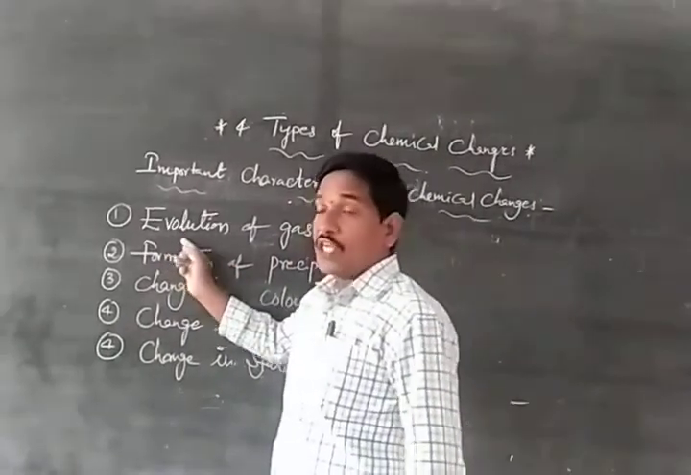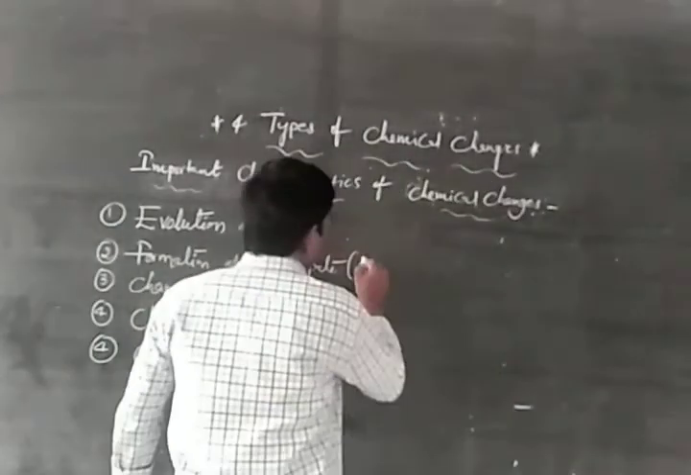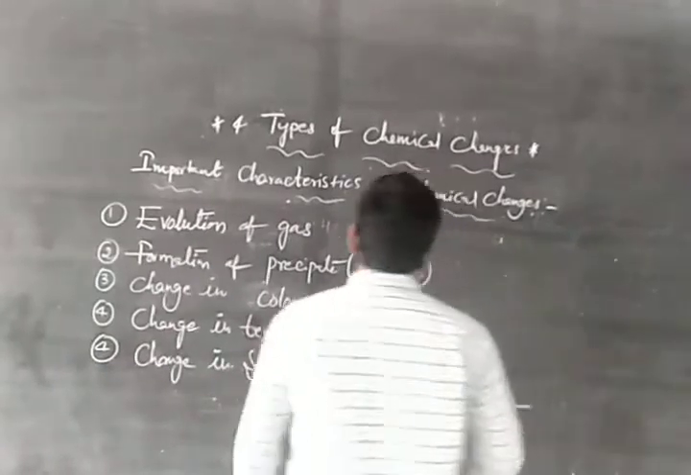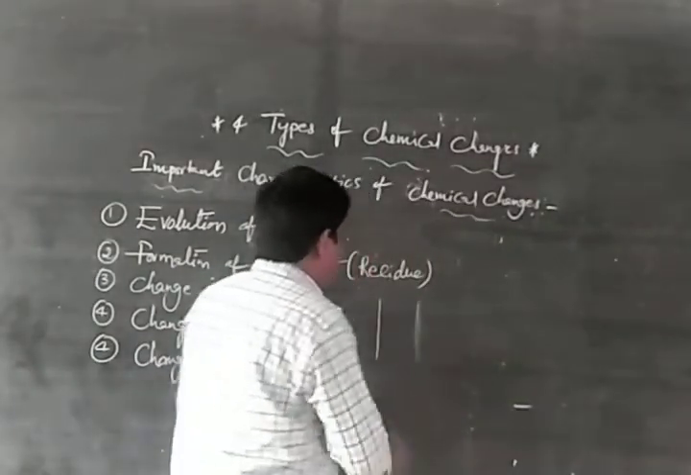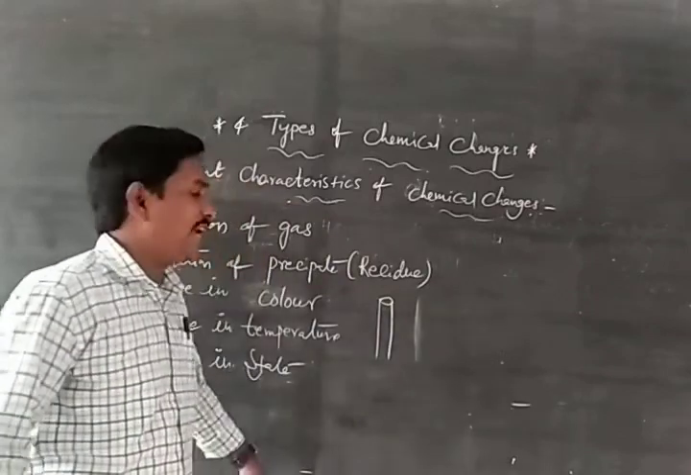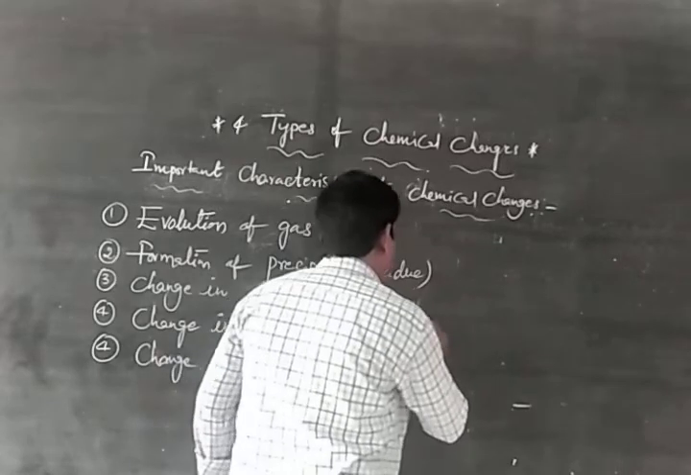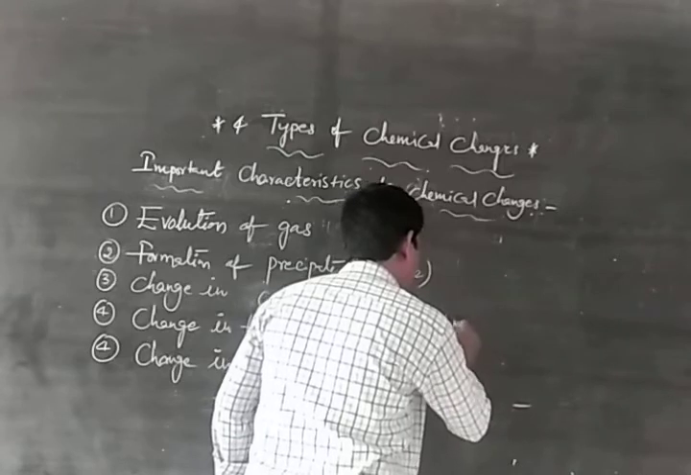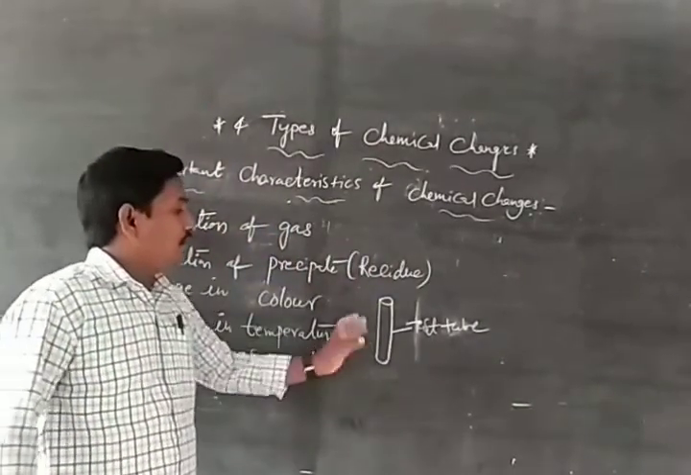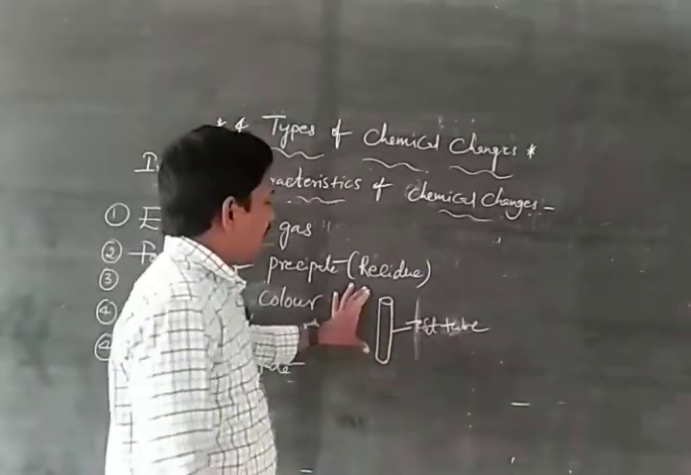What is the first one? Evolution of gas. Formation of precipitate. Precipitate means residue, the remaining one. For example, take one reaction. Okay, we have some idea about the apparatus of chemical equations like test tube. This is a test tube. So when you are taking any chemical reactions in a test tube,